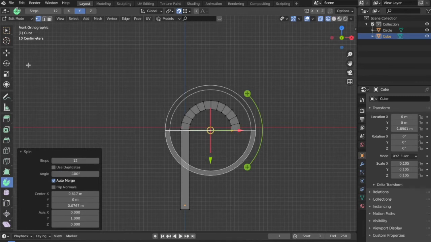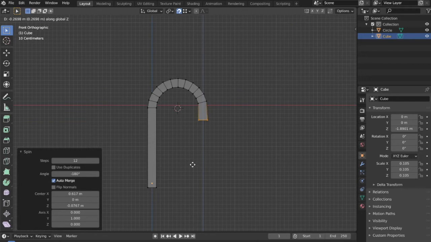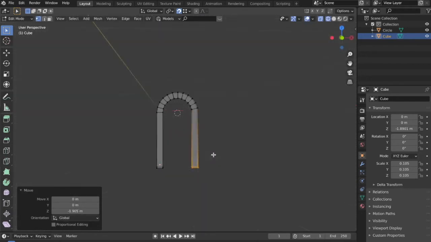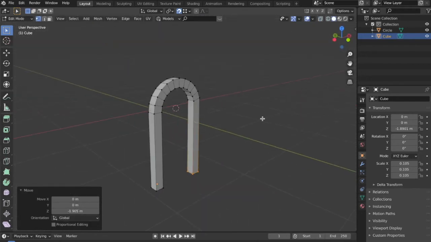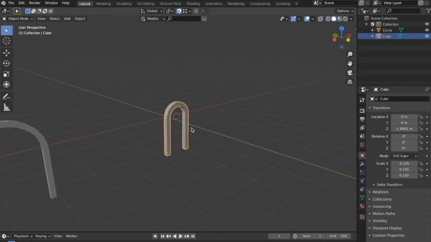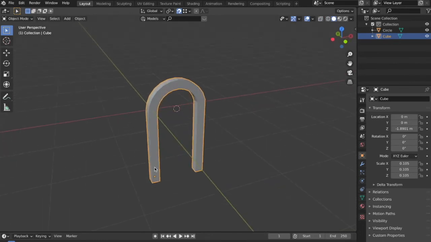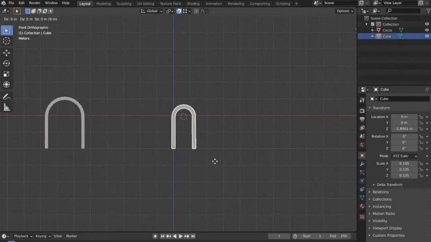Now that we are done with that, I will go to the normal selection mode and over here I will press G and then press Z to snap it over here. Again in this case we have this arch ready, but the only difference is this time we do not have to give it a thickness because it was already given. So do remember that the thickness of this arch will be determined by the rectangle that you are taking before doing this procedure. So this was the second method.